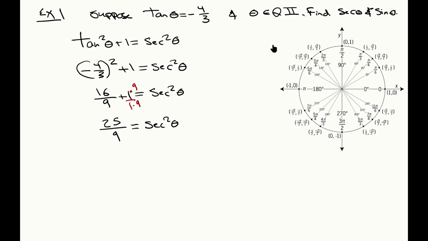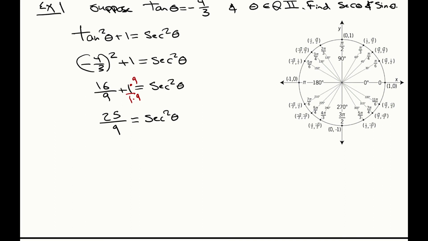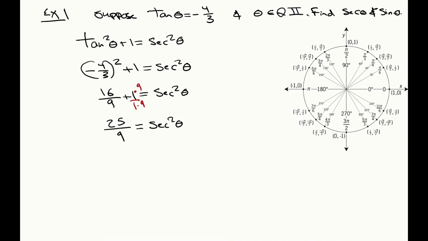Normally, when we try to solve an equation like secant squared theta equals 25/9, we can get two solutions out of that. One is going to be the positive square root of 25/9, and the other one is going to be the negative square root of 25/9. But we notice that theta is an angle in quadrant 2, where we know the cosine values, which are the x values, are negative. And since secant is 1/cosine, we know that the secant values are going to be negative as well. So we're only going to accept